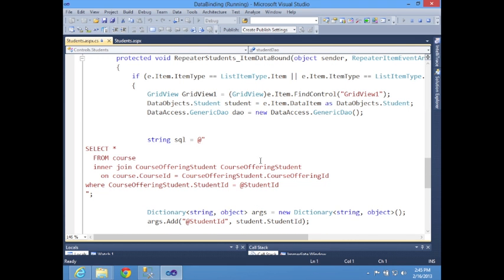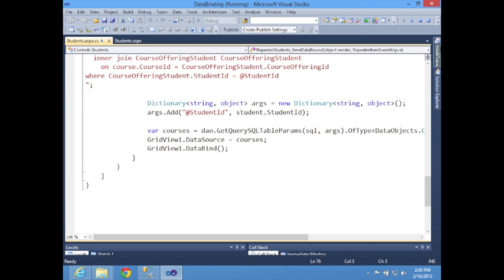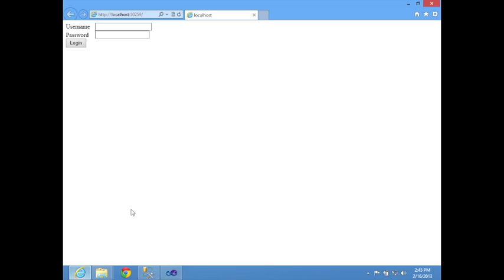Inside the repeater student's item data bound command, I actually extracted all the stuff that was inside of the student details page, brought it into here, and add a couple of checks in here to make sure I'm actually inside a list item as opposed to the header template or the footer templates. Then we go through and do some binding on the grid itself. But as a result of doing this, which we can see here in a second,